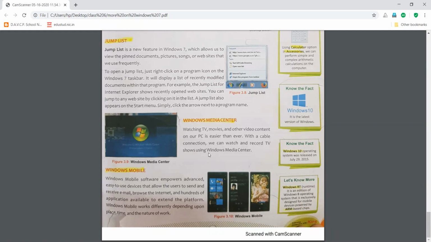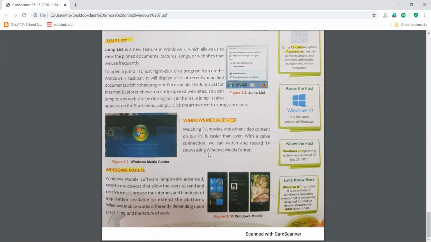Last feature of this is Windows Mobile. As I told you, Windows is an operating system that can be used in any digital device. Computers are not the only devices which have Windows as an operating system these days. Windows mobile software is also available.